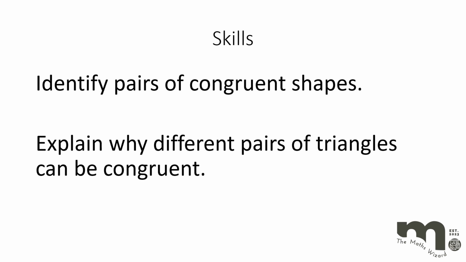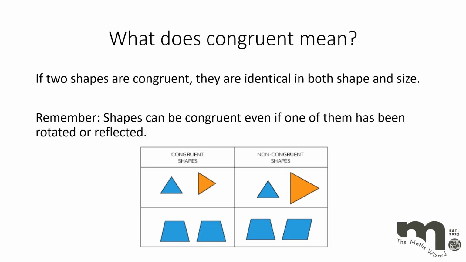So first of all, let's have a look at the keyword itself. What does congruent actually mean? Well, if two shapes are congruent, they're both identical in terms of the shape and the size. So they're exactly identical to each other. And one key thing to remember is shapes can be congruent even if one of them has been rotated or reflected. So if we take a look at this little picture here, we can see with these two triangles, this